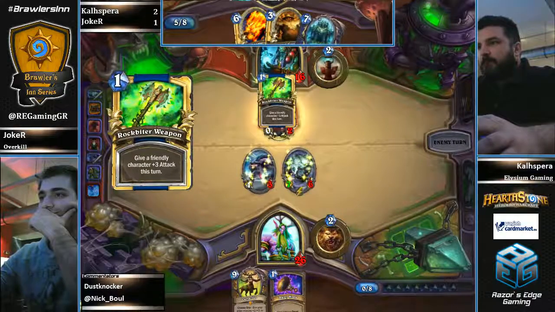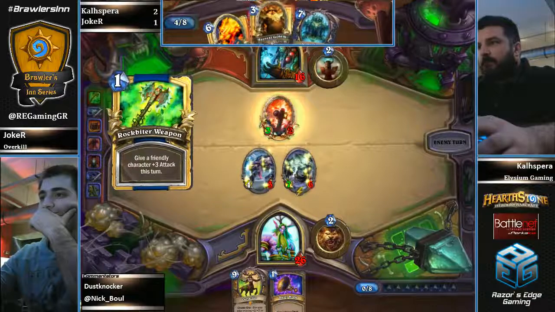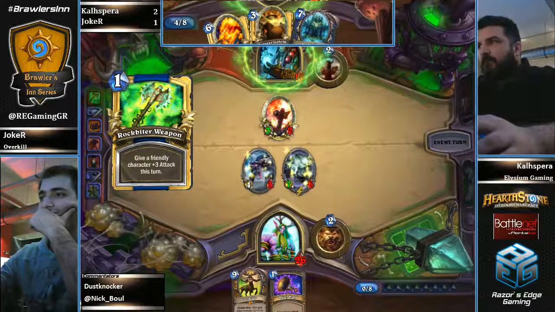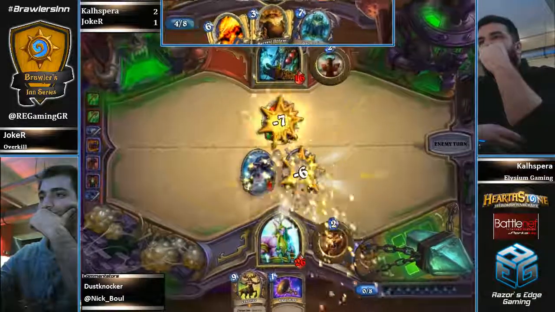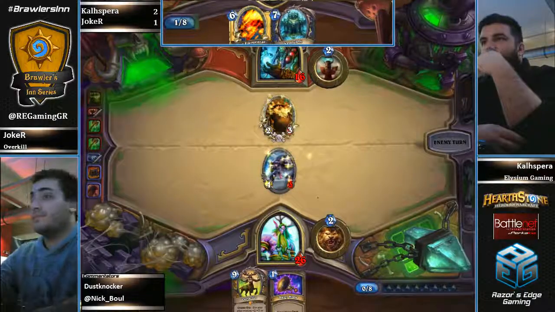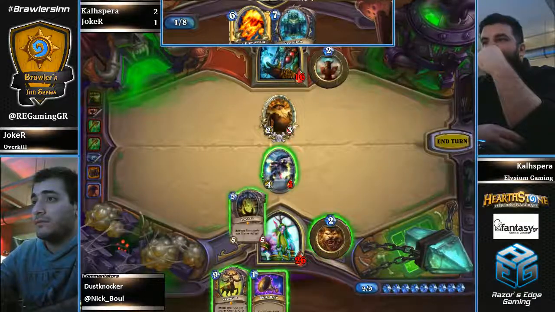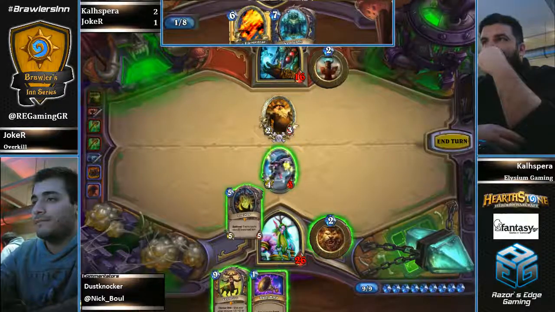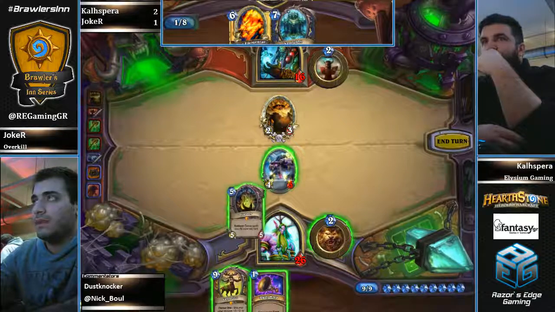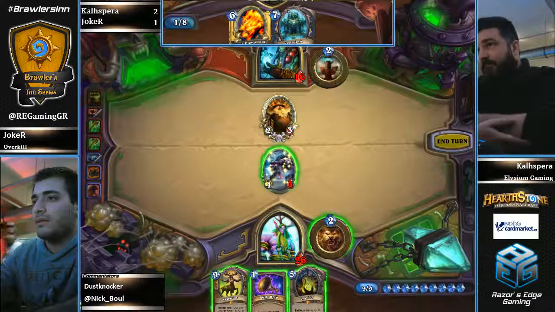So Kalispera is going to be forced to use double Rock Biter Weapon on his Flame Totem, and that will make the Flame Totem trade with the Shade of Naxxramas. Both players are really low on cards, but we see that Kalispera has a Neptulon in his hand. However, he's the one with 16 life, and not so many options. And I would really like...